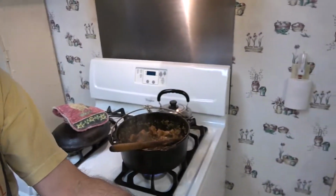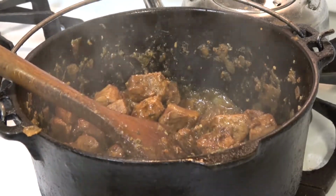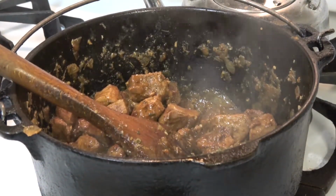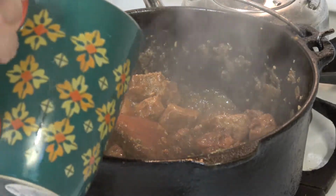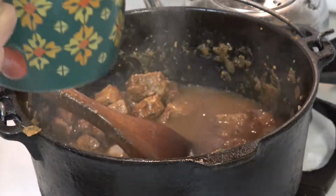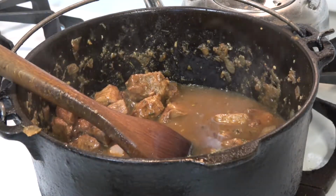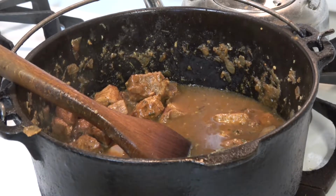Let y'all take a little look in my pot. Alright, I'll add 1 more cup of liquid, like I said. Oh, just half a cup. Yep, now we're down to 1 cup. That's going to stir up and